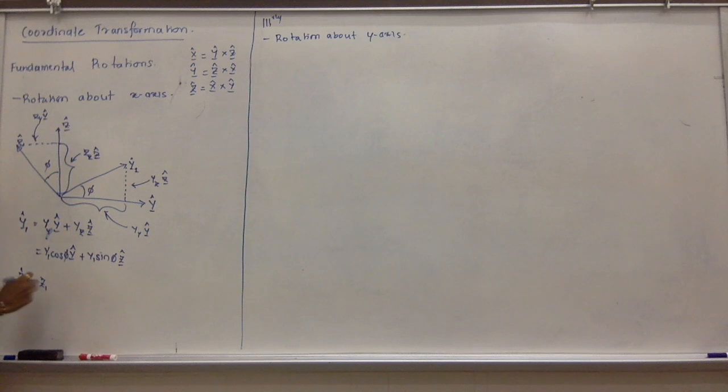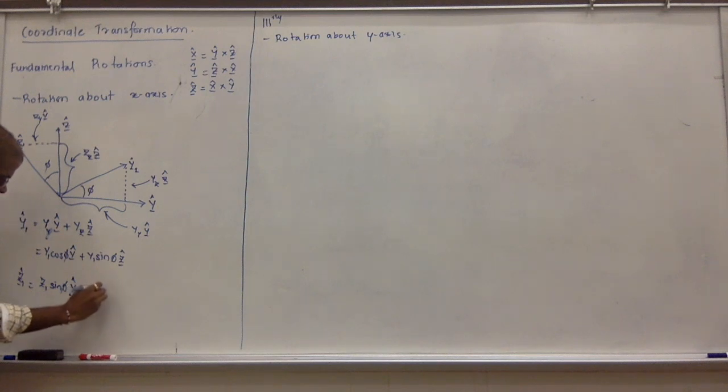We have Z1 sine theta in the Y direction plus Z1 cosine theta in the Z direction. This is negative. This component is negative. So if I combine this,